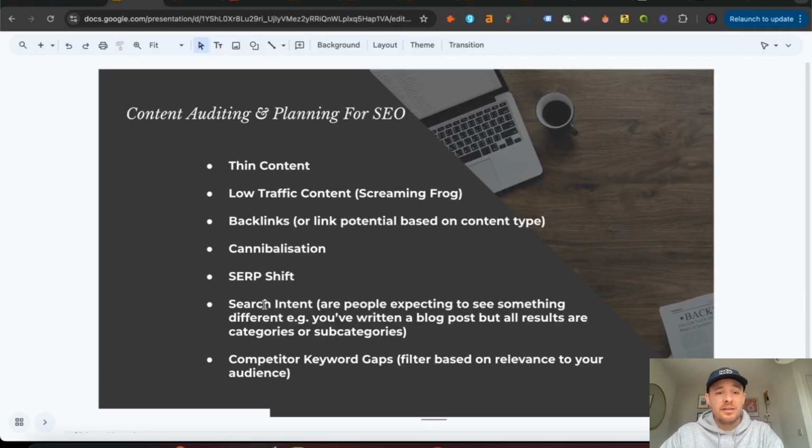And this also ties into search intent as well. So if you're creating category pages for something that a user would be expecting to see a blog, or the other way around, they're actually looking to transact for a certain keyword, but you're creating articles that they're just not going to sit there and read. So again, in the same way that we're looking at how the search results shift over time, we also want to make sure that